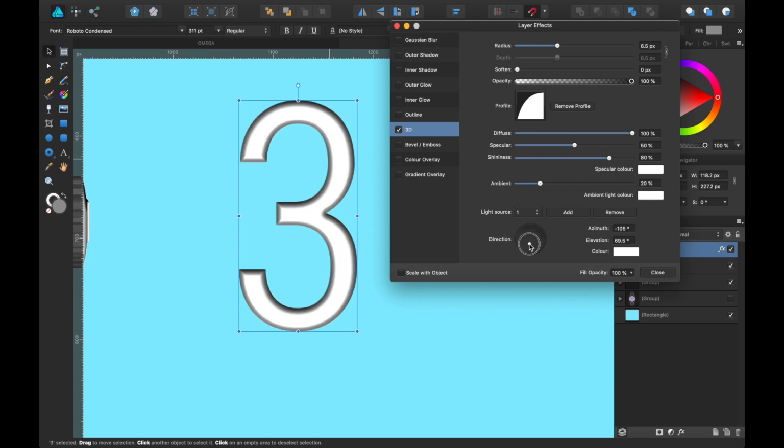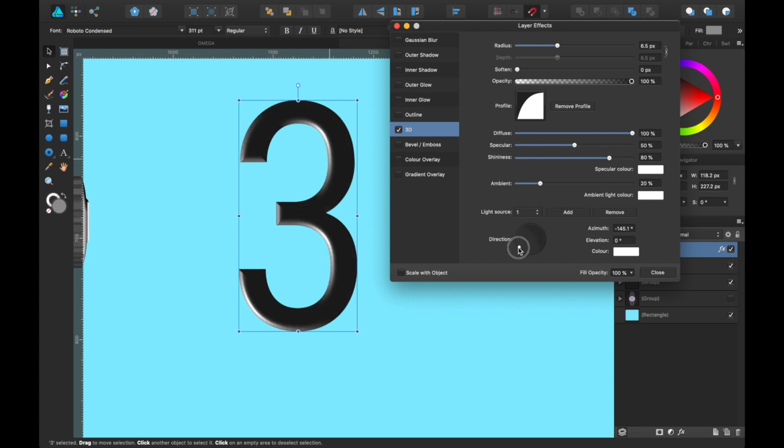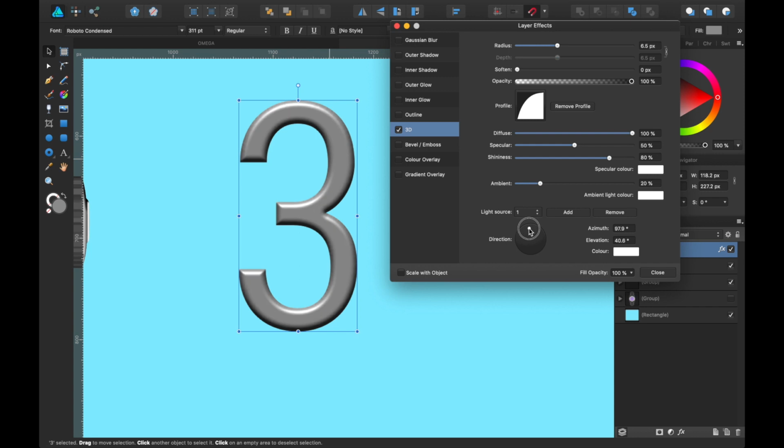Remember, you can play around with the light source, where it's coming from below, above. Quite important if you're going to be making a watch and you want to make it look realistic, or that you've made people know that you've paid attention to detail. Everything on the watch must be matching of where the light's coming from. Just remember that when you're making other elements and you're adding this directional light.